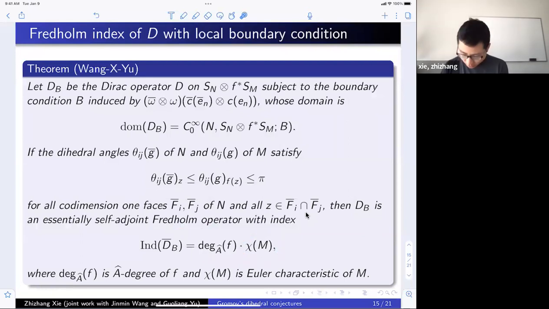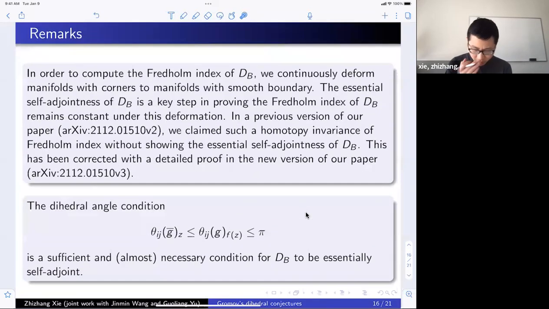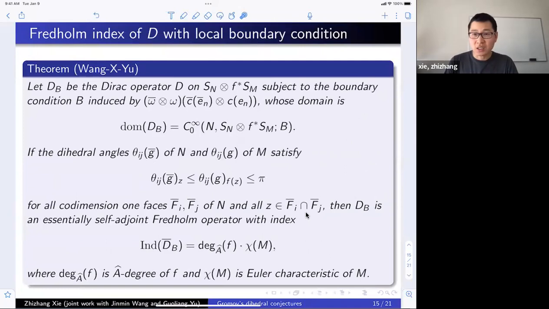Okay, but I do want to point out a remark. The point is, how do we compute this index? As I said, the only remaining piece of the puzzle is that we need to compute the index, and make sure that this index is non-zero, which is part of our assumption. So we just need to make sure that the index we get is exactly this. So how do we do this?